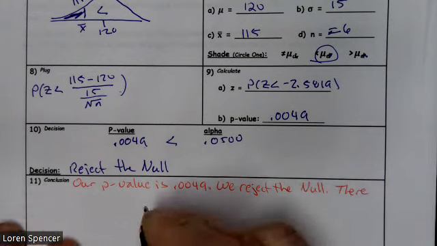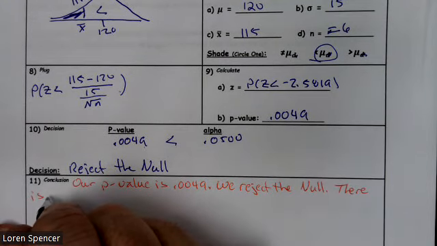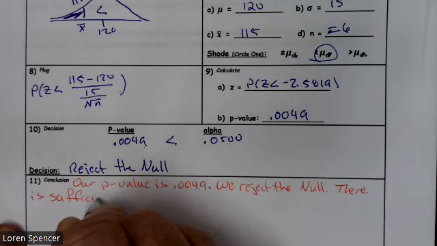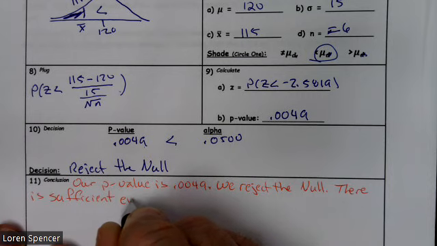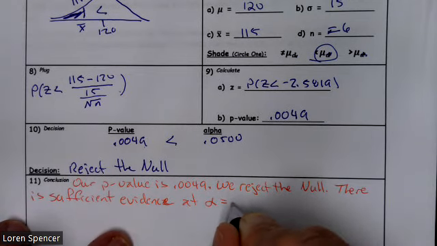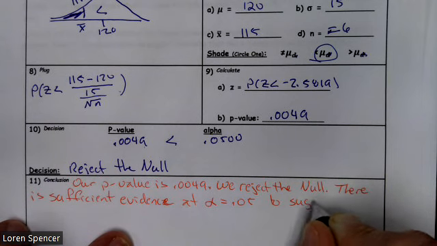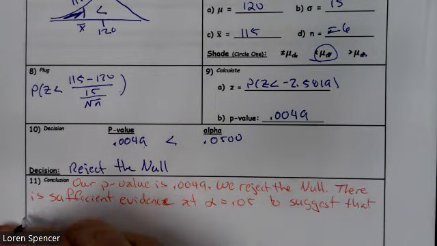There is sufficient evidence at, what was the alpha level, 0.05, to suggest that the